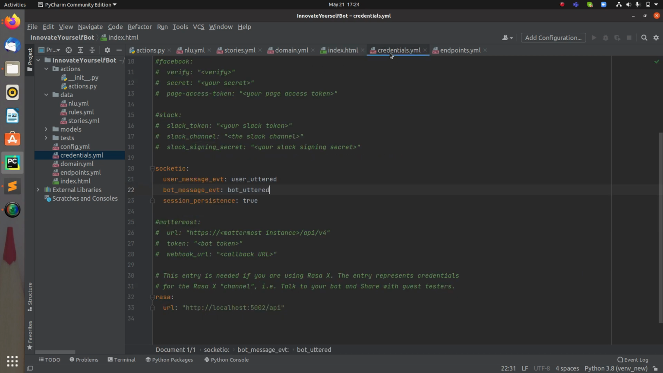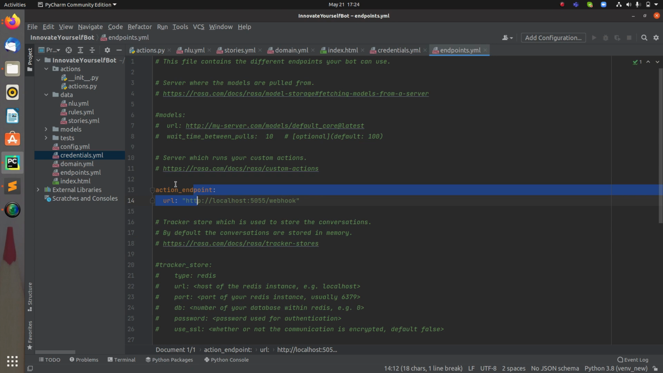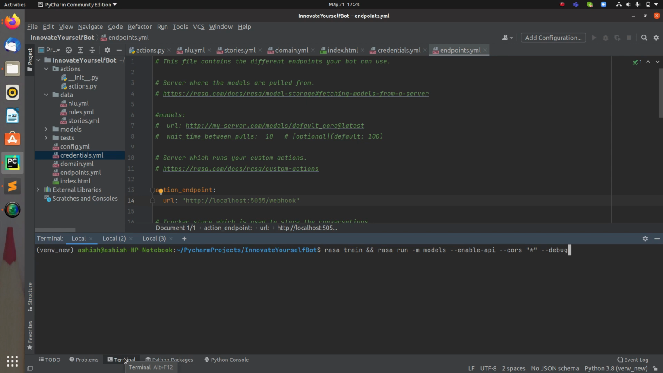Now also in the credentials.yml I have added the credential for Socket.io. So I have added this also, and I have also made my action server active. So everything is set up. Now let's go to the terminal and make everything active so that we can connect the Rasa chatbot onto the